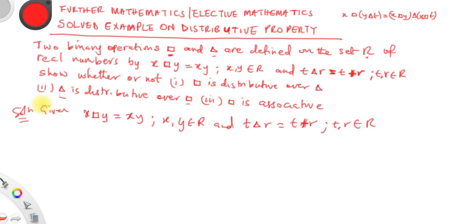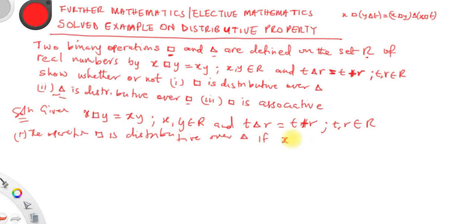Okay, the first one. So the first one is: does square distribute over triangle? So yes, the same. The only thing you need to understand is that I can say the operation square is distributive over triangle if